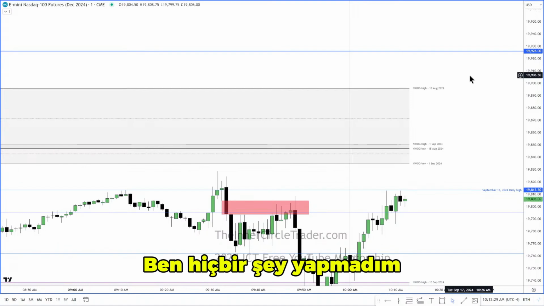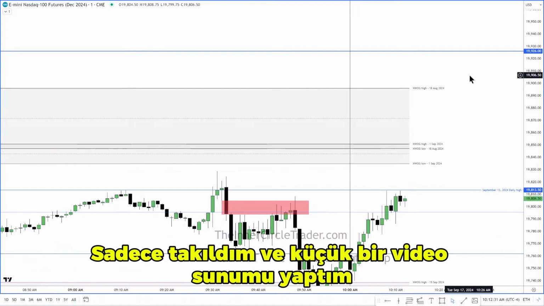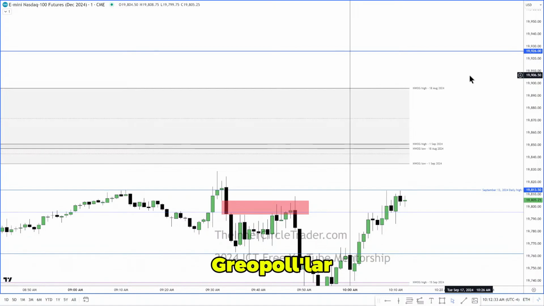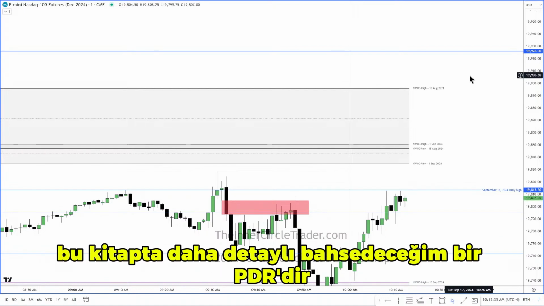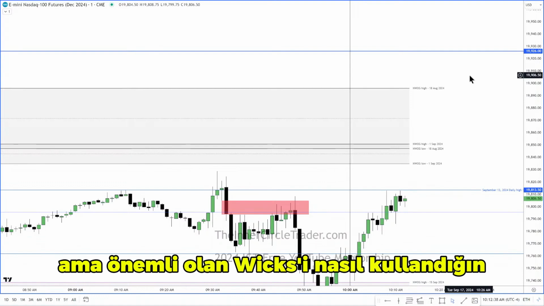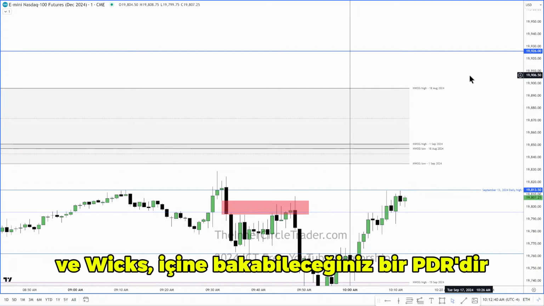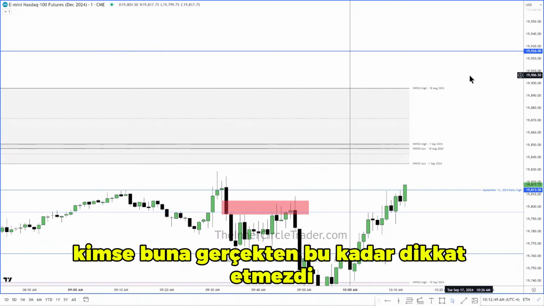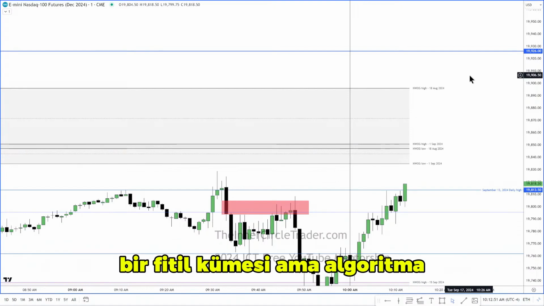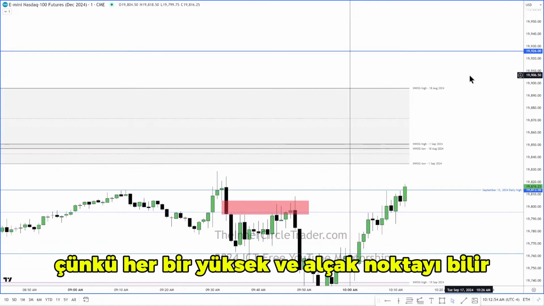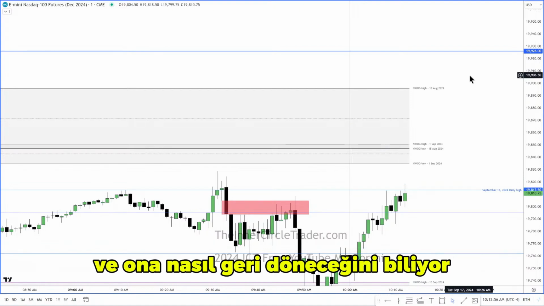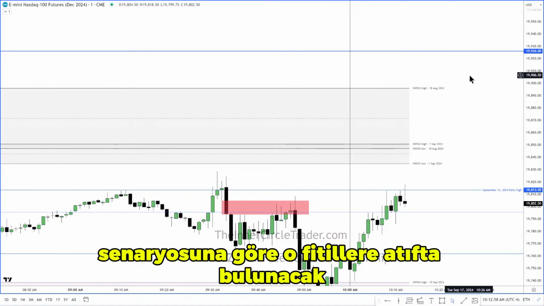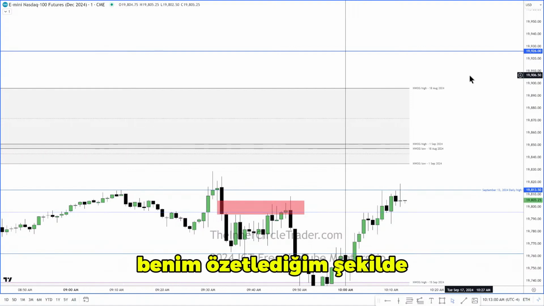I didn't do anything. I just hung out and made a little video presenting gray pools, which is a PD array that I'll talk more about in the book, but it's how you use wicks. And wicks are a PD array that you can look inside of, in that little gray area of what nobody would really pay that much attention to, a cluster of wicks. But the algorithm, because it knows every single high and low and it knows how to refer back to it based on its script, it's going to refer to those wicks in a manner that I outlined,